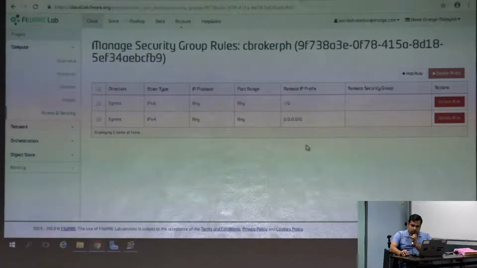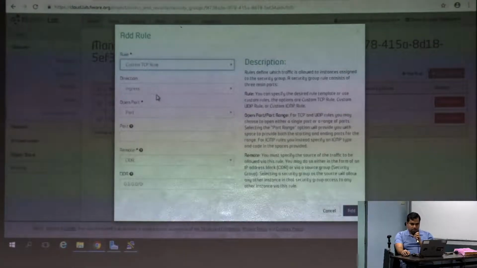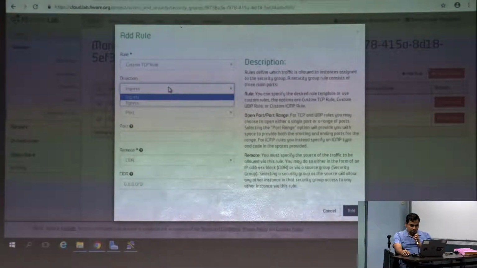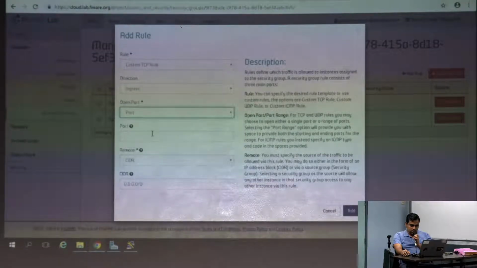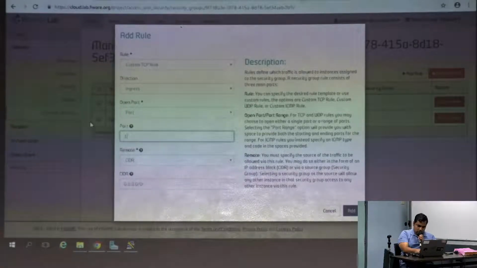We can definitely make a rule. Now, let's say for accessing the context broker, as I told you, it runs on port 1026. So for that, we need to open the incoming traffic to 1026. How to do that? Click on add rule. Here you can choose ingress or egress, and here I define the port. So I want to open port 1026,